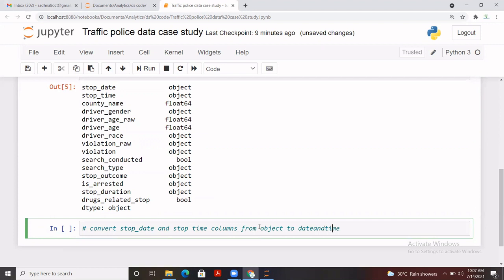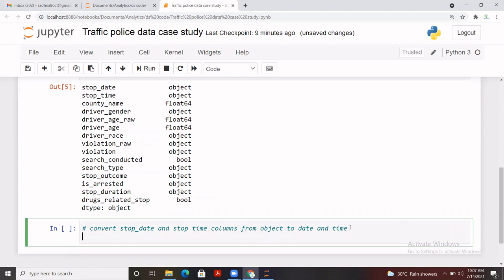This is what we are going to do, and I already made a video in which I explained how to convert a column into date and time. We do have the to_datetime function to do it, although we have parse_dates as well. So I'm going to use to_datetime here.